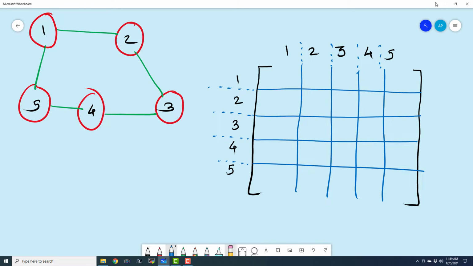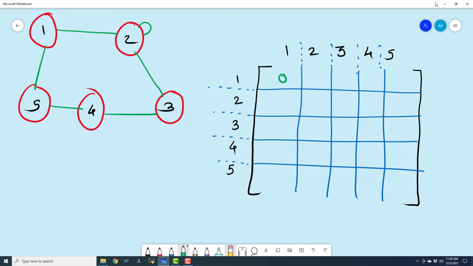Okay, now I'm going to fill in 1 whenever there is an edge between any two nodes. So now from 1 to 1 there is no edge. Okay. So 1 is not referring to itself. So I'm going to say 0. Similarly, there is no edge between 2 to 2.